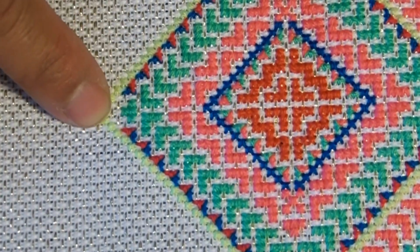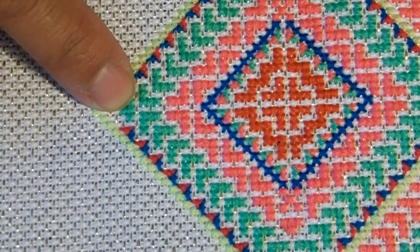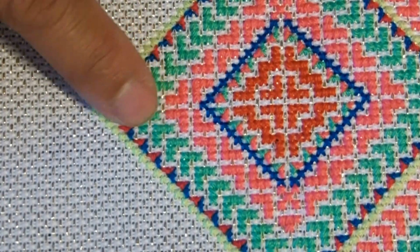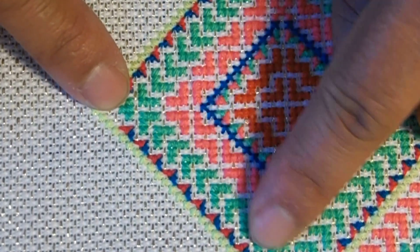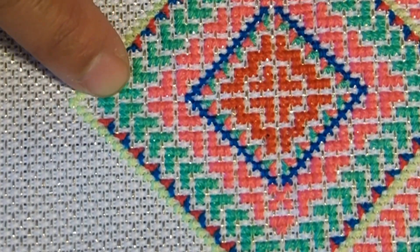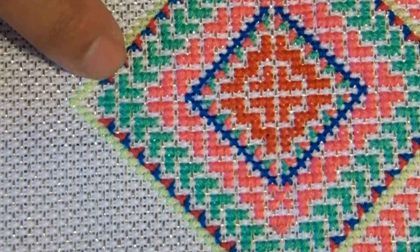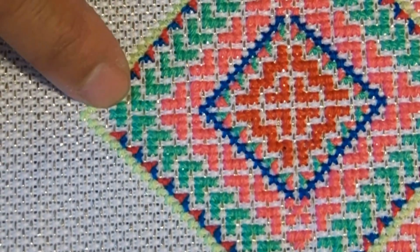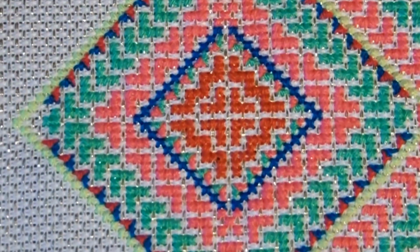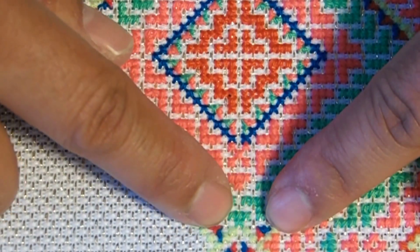I wanted to make a point and then work my way. So what I did was I did one here and then three, and then go on down, and so I just did that. It's like 10 and 10 going that way, 10 coming this way. Okay, so it's like 3 and then you just count down 3 again using the last one that you made. Same thing with this, okay. And then on the edge it'll come out. I made it come out to a point like this, and I just did the 3